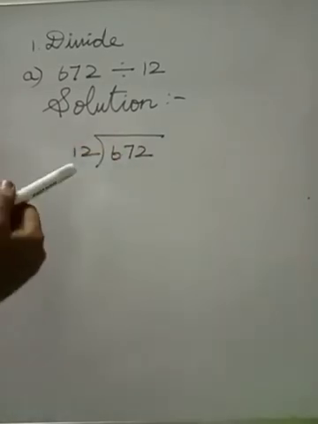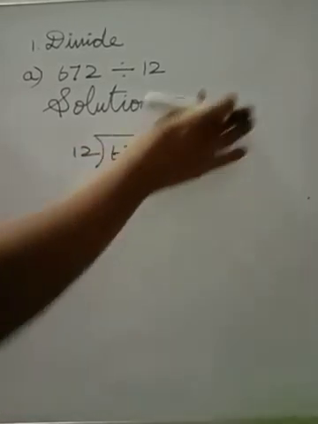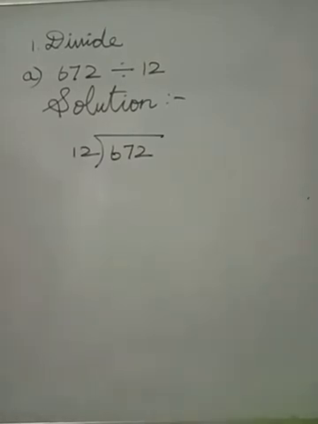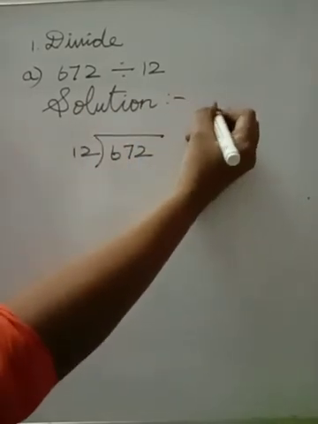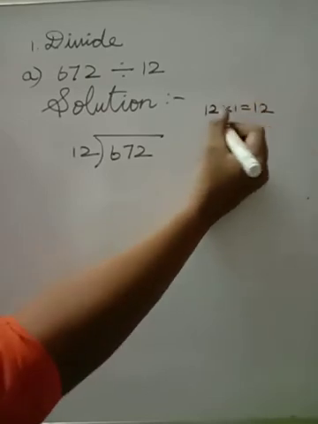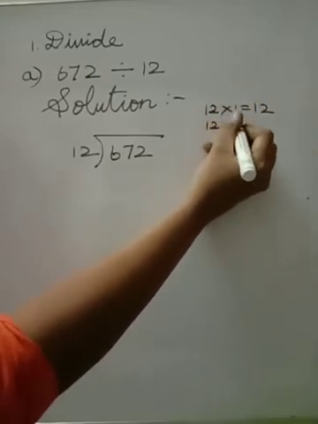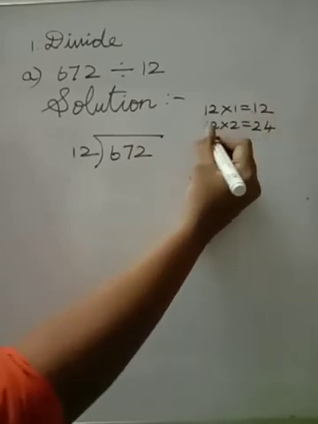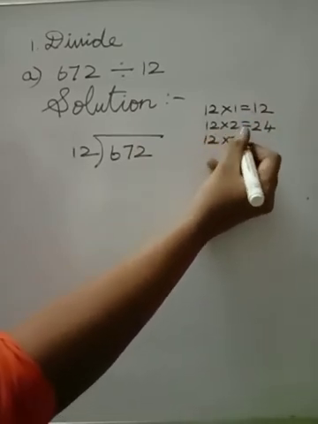So here you are going to use the 12th table. First we will write the 12th table in the rough column. Most of you know the 12th table, right? So we will write it in the rough column so that it will be easy for you to divide the sums. 12 ones are 12, 12 twos are 24, 2 ones are 2, 12 threes are